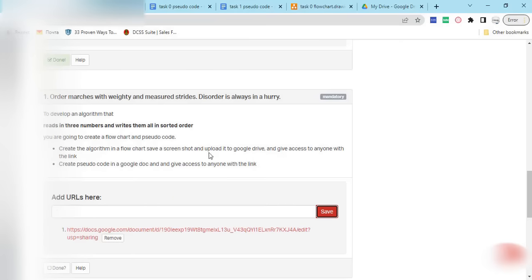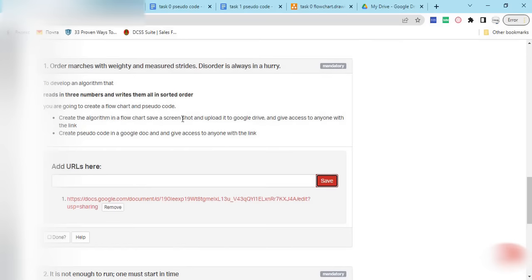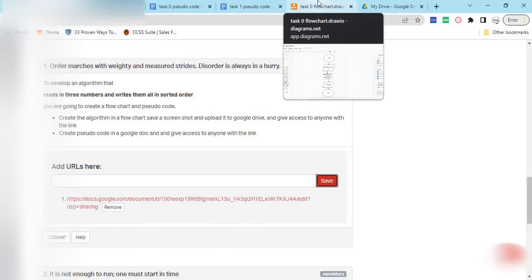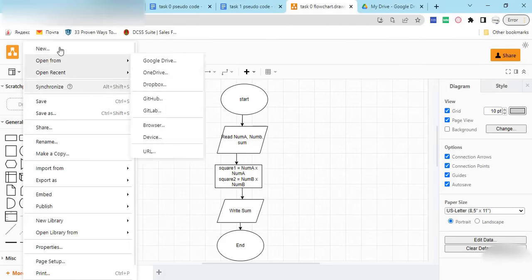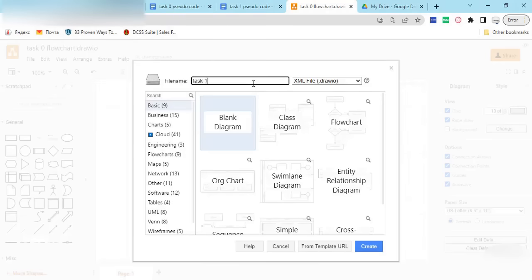So now the next thing is to draw the flowchart for this problem here. So let's try and draw the flowchart. So let me go back to my draw.io. Let me create a new file. So let me name it task 1